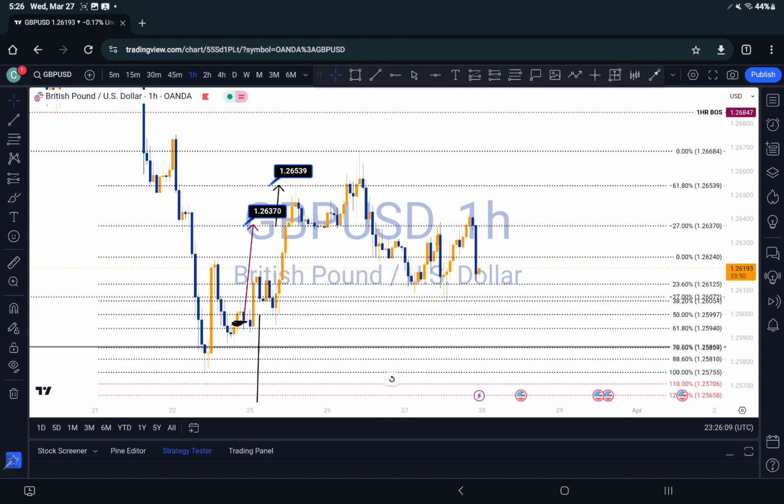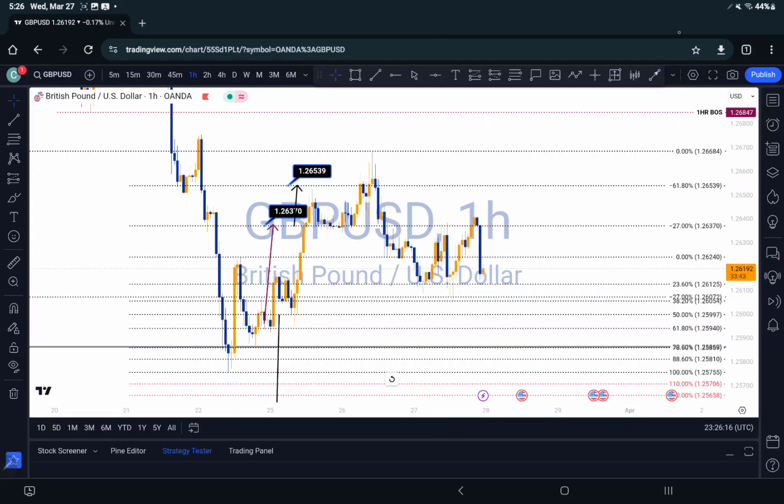GU played out perfectly well, just like textbook, right? We did not have any drawdown, anything. It just went and started pushing to the upside. So if you watch my previous analysis, we were around this area right here, which was around the 61.8% fib